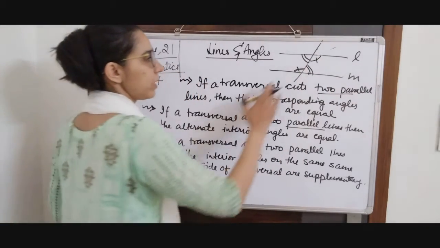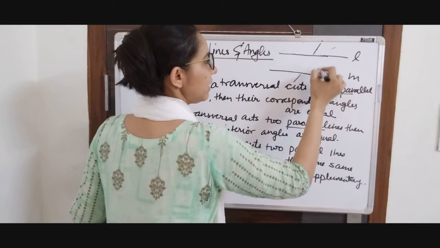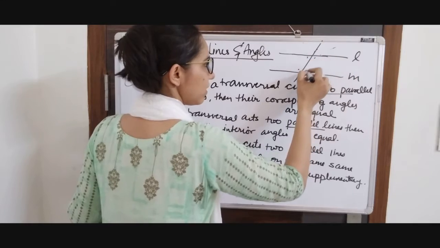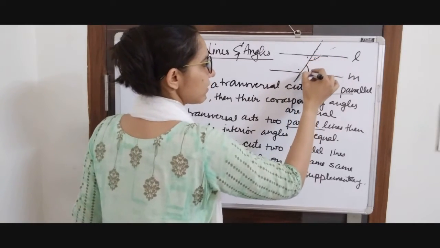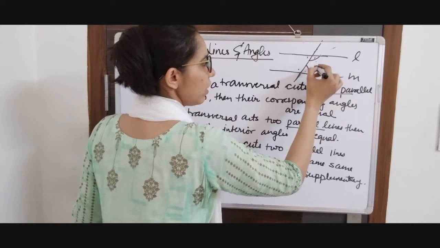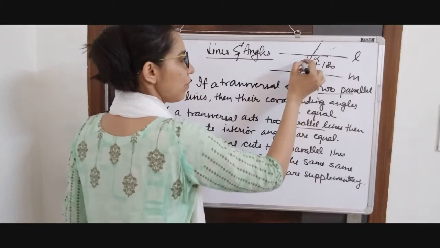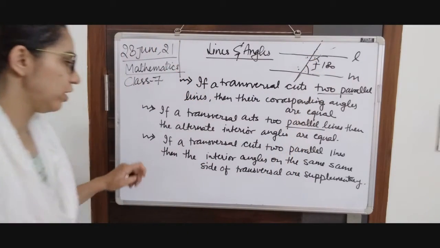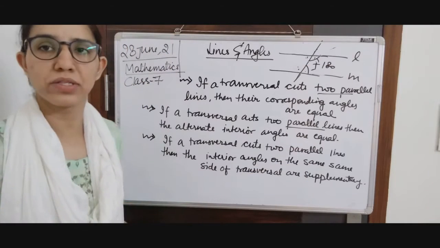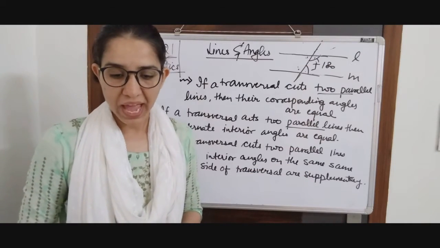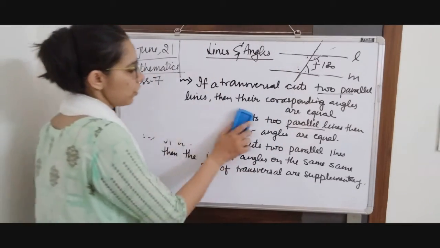And a third property says that the interior angles on the same side of the transversal, this and this, the sum of these is going to be 180, and similarly the sum of these angles is going to be 180, because the interior angles on the same side of the transversal are supplementary. And the converse of these properties is also true, which is